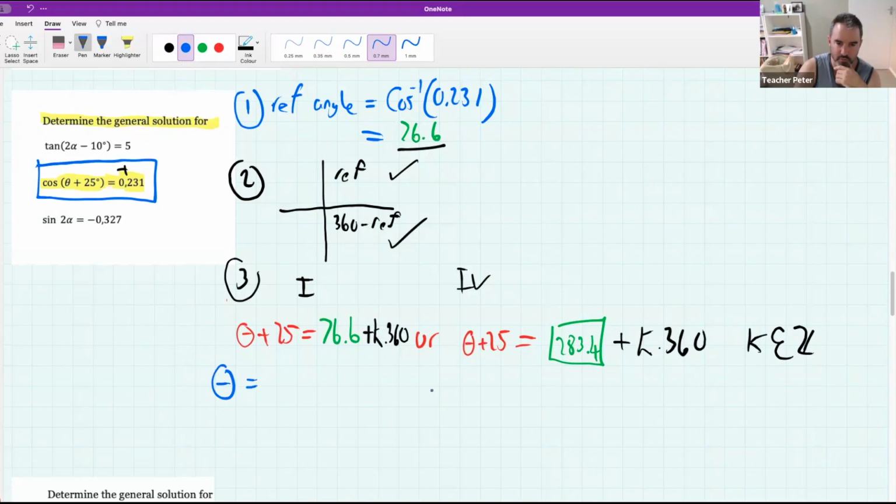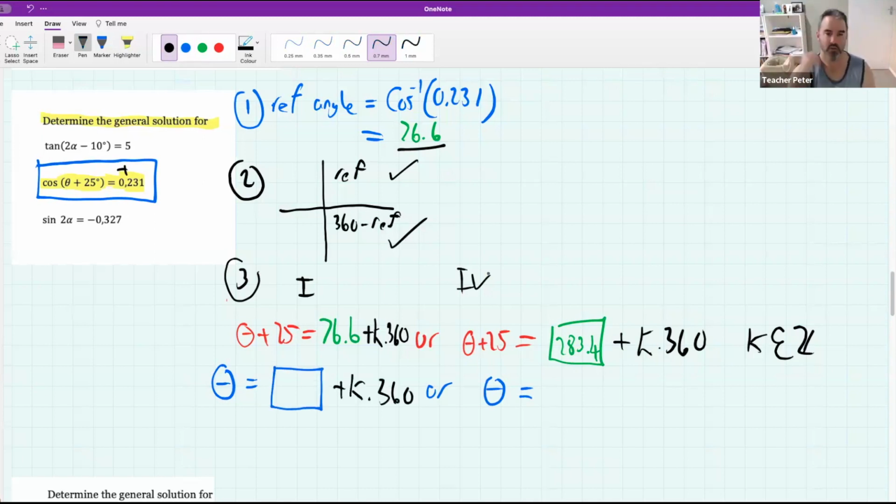Or I'd like to get theta by, no, the k, that's fine. That's not going anywhere. But I want to know what goes in the blue box and what goes in the